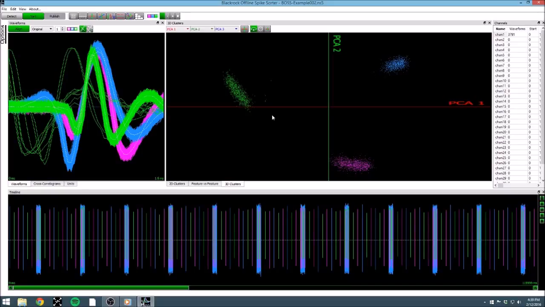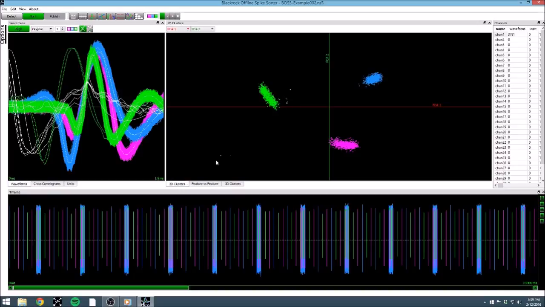If I see any stray waveforms, such as these ones here, which look more like noise to me, I can select them in any of my views. In my 2D clusters view, I can circle it, or I could highlight it in my waveforms view. With a waveform or waveforms highlighted, I can right-click and select from a number of options. I can change the unit that this waveform is assigned to,